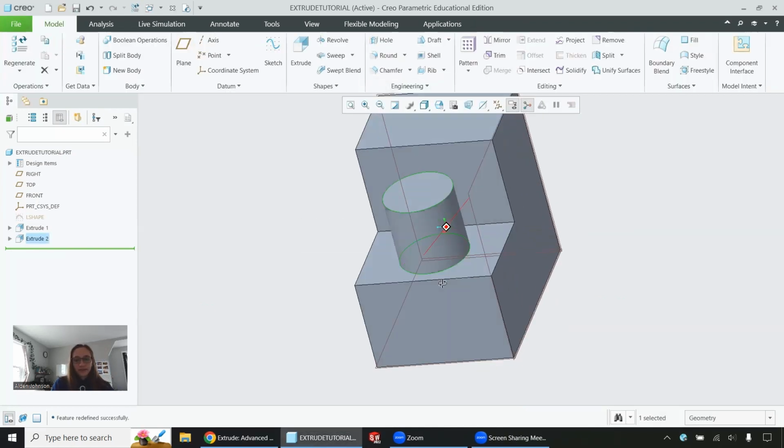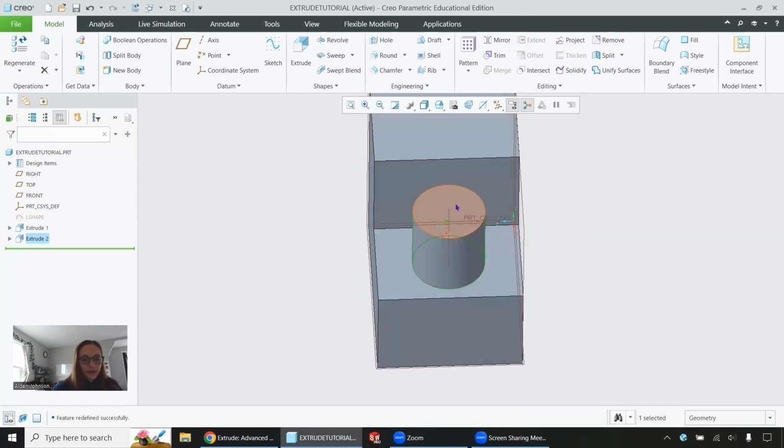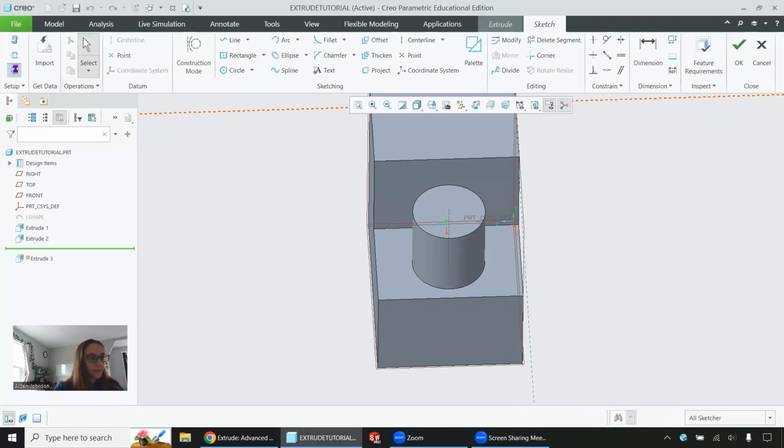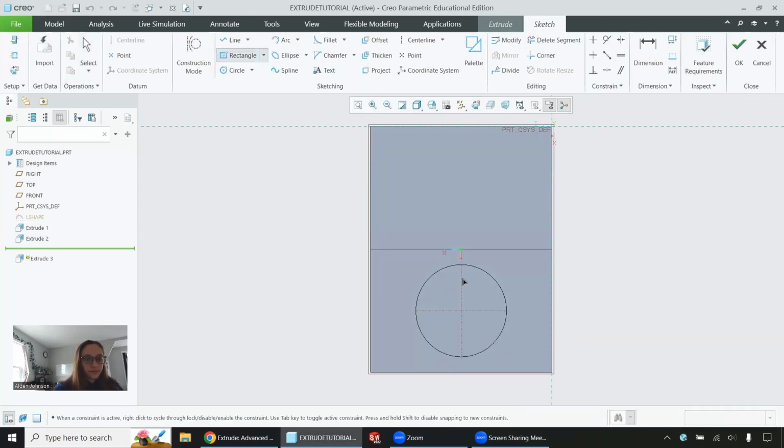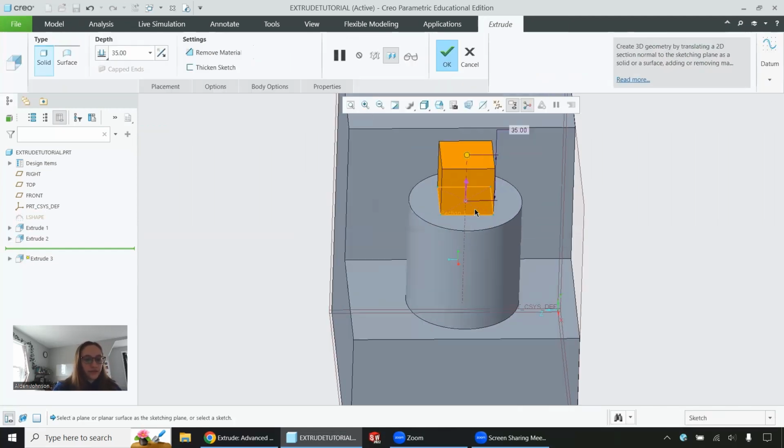In SolidWorks, extruding and cutting are two different features, but in Creo, they are combined. So if I want to cut on this plane, I'm still going to hit my extrude feature, sketch view, and I'm going to make a square. Now, as you can see, it's still extruding, but if I hit remove material, it will remove the material instead